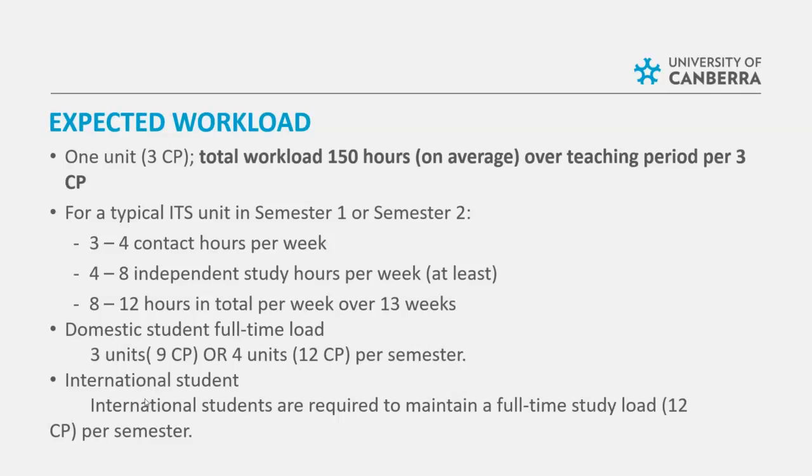Keep in mind that every unit is designed in a way that we know you need to spend this much time through the semester on it. Usually for a 3 credit point unit, it's 150 hours through the semester in total. 150 hours of everything: the time that you attend the classes, the time that you spend outside the class reading, the time that you dedicate to your assignments. Altogether it is 150 hours. Most units are 3 credit points, except for Bachelor of Engineering,